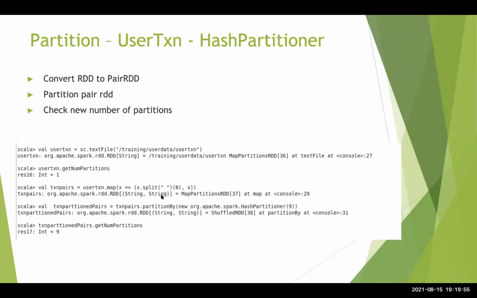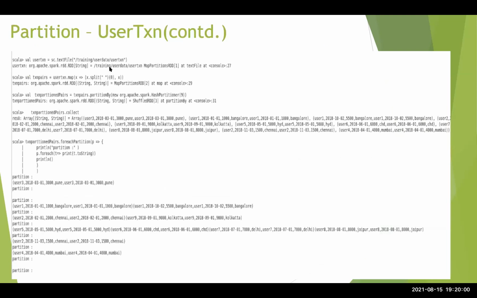Again, I am trying to use the HashPartitioner here, which is what I just covered. I have tried to explain it in a little detail. I've given the HashPartitioner as 9, so it has created 9 partitions for me here. Now for each of these partitions, for this RDD which has 9 partitions, I go